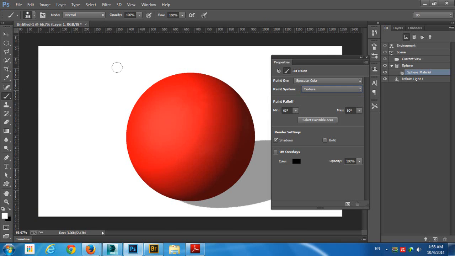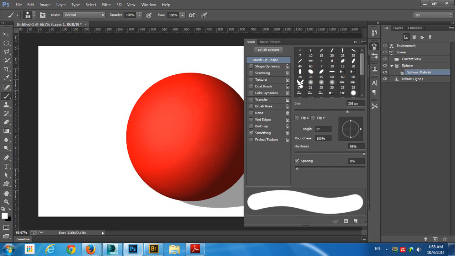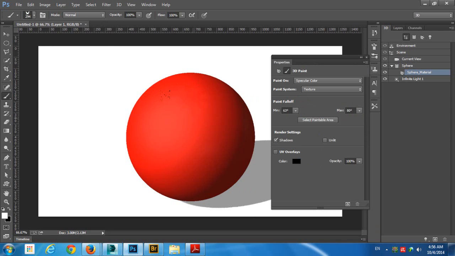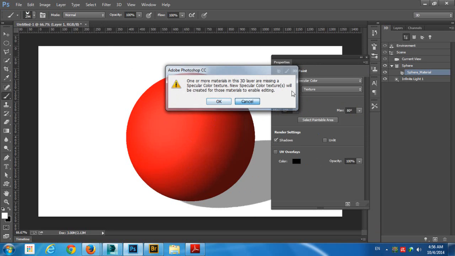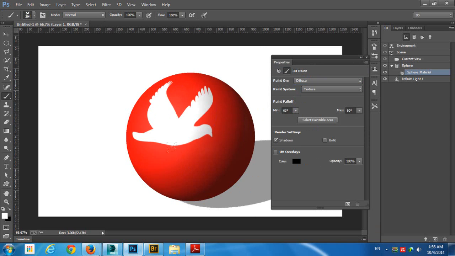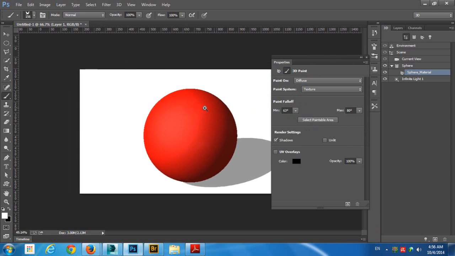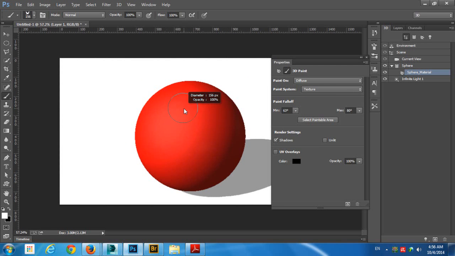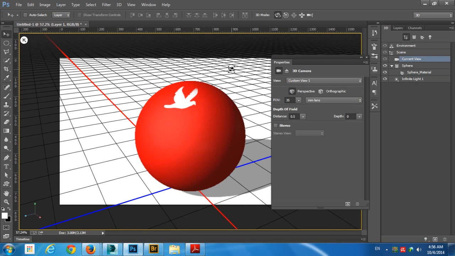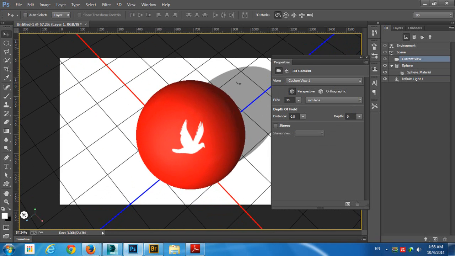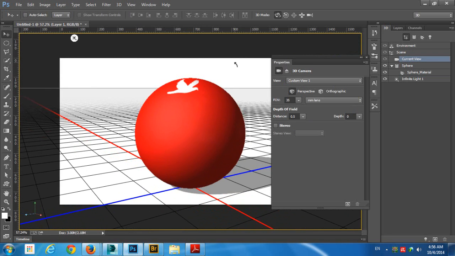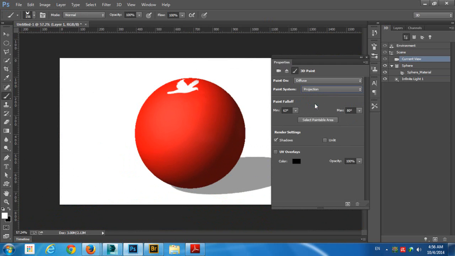Now I'm going to change my brush. I just created this brush very quickly, so I can paint, okay, let's just paint. So I can paint just a bird with one click. Okay, so I'm going to zoom out so I can see better. Now with texture I'm going to paint here. Okay, so I painted one, and let's just rotate. You can see my bird, and I'm going to now paint with the projection